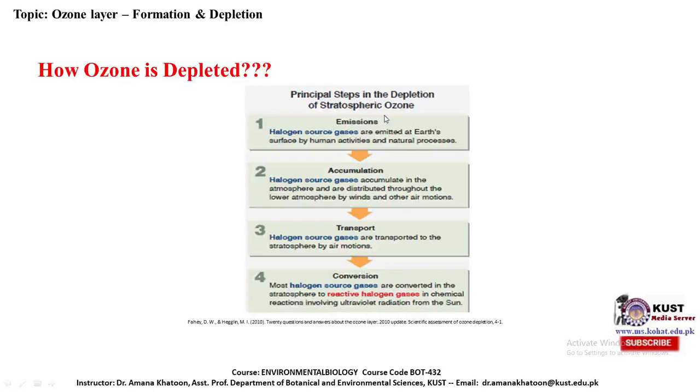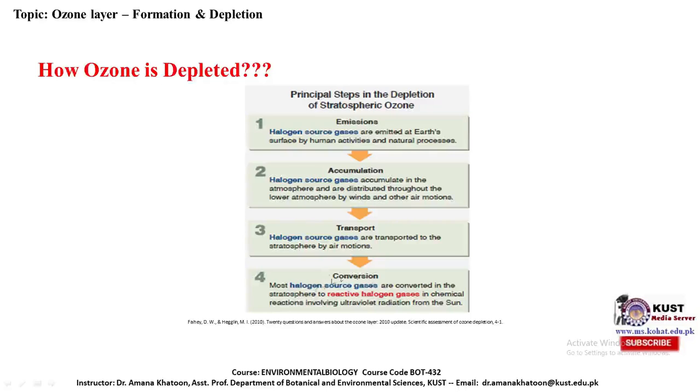The main steps involving the depletion of stratospheric ozone are: number 1, the emission. Halogen source gases are emitted at Earth's surface by human activities and natural processes. This will lead towards the accumulation of these gases, and then the transport of these gases. Halogen source gases are transported to the stratosphere by air motion. Because of the air currents, all these halogen gases are moved towards the upper region, that is the stratosphere, and